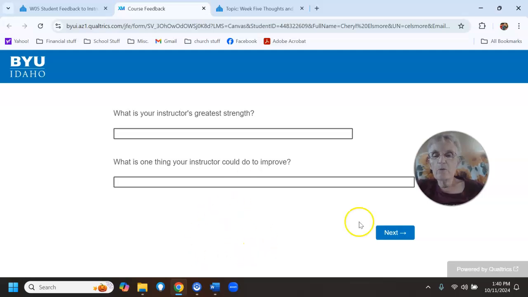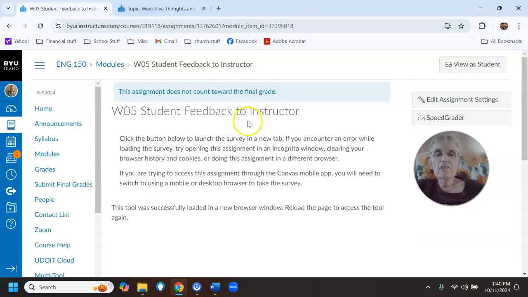And like I say, I will read each one of them and see if there's anything that I can do to be a better teacher the second half of the class than I was the first. And that's it. If you ever have any questions or concerns, you know you can ask me. And remember that the Lord wants you to succeed in this class, and so